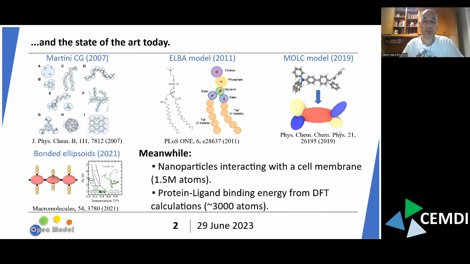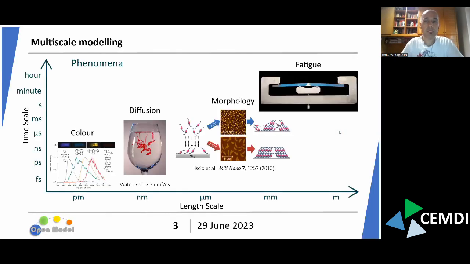Or in the realm of electronic structure calculation, there are linear scaling DFT methods that currently can handle around 3,000 atoms in a single simulation. So that's quite impressive. But the real action today is in linking these different models because